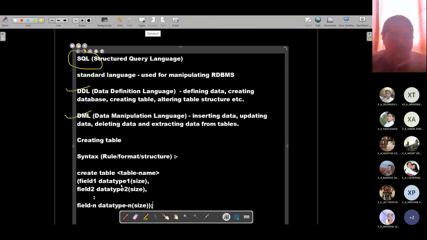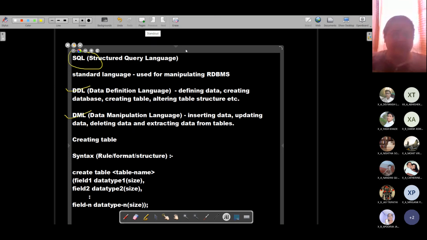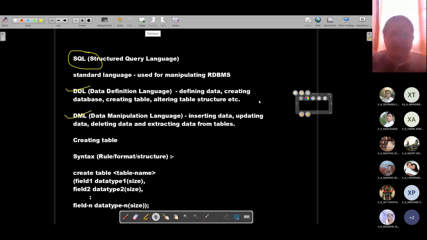So this is your create table command, right? With the help of this, we can create a table by providing its complete structure, right? So let us see some examples of the create table command.